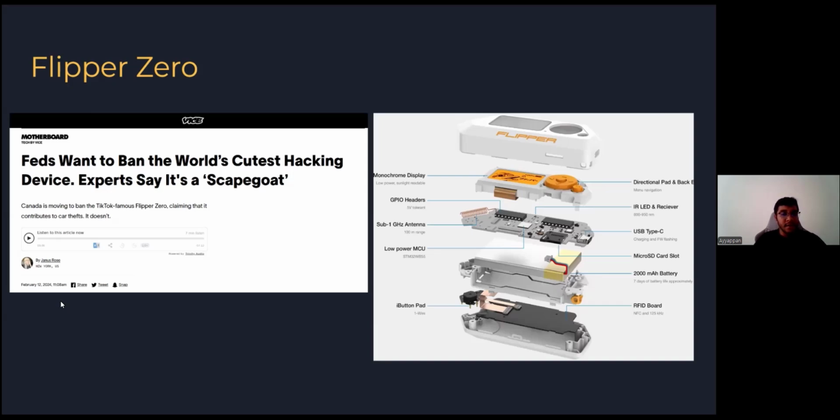And the Flipper is able to actually listen on all those frequencies and also transmit on all those frequencies. We'll have a video demo of actually unlocking a car just using the Flipper Zero and nothing else. It uses USB-C, so you can charge it anywhere, and you can also use that as a bad USB to